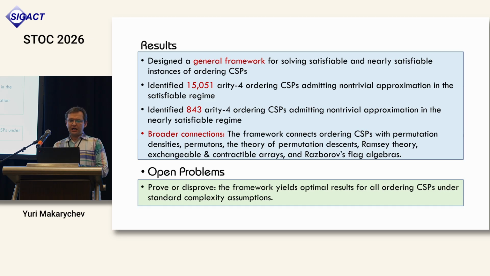To summarize, we designed a general framework for solving satisfiable and nearly satisfiable instances of ordinary CSPs, and using this framework, we show that many ordinary CSPs of arity 4 admit non-trivial approximation in the satisfiable or nearly satisfiable regime. And also, I haven't had a chance to talk about the techniques, but the framework actually connects various fields of mathematics, including permutation densities, permutons, the theory of permutation descents, Ramsey theory, exchangeable and contractible arrays, and Razborov's theory